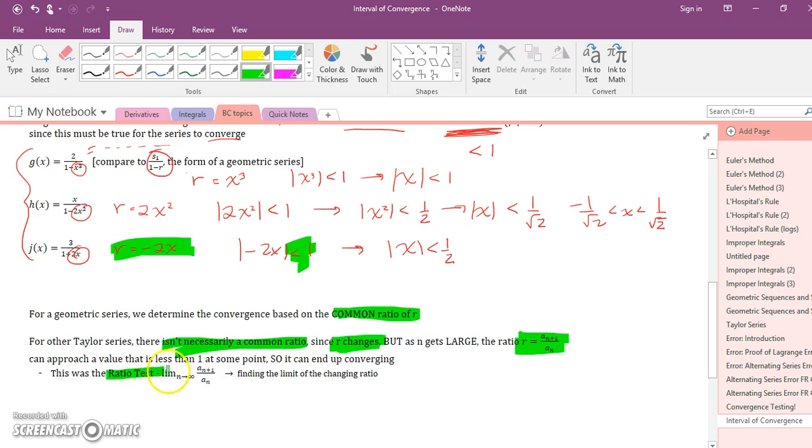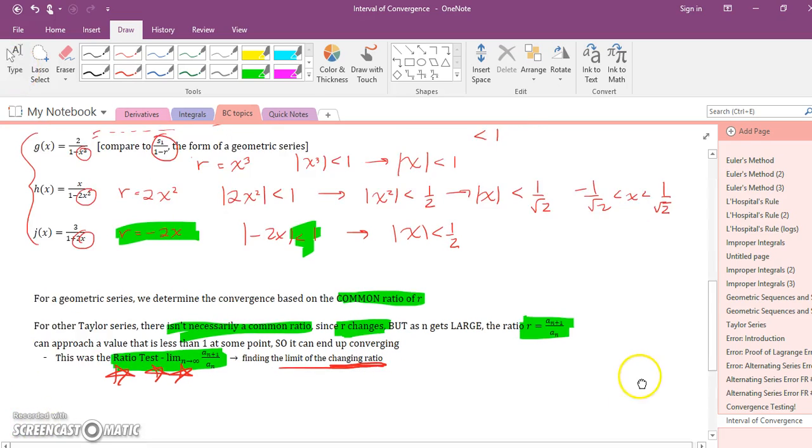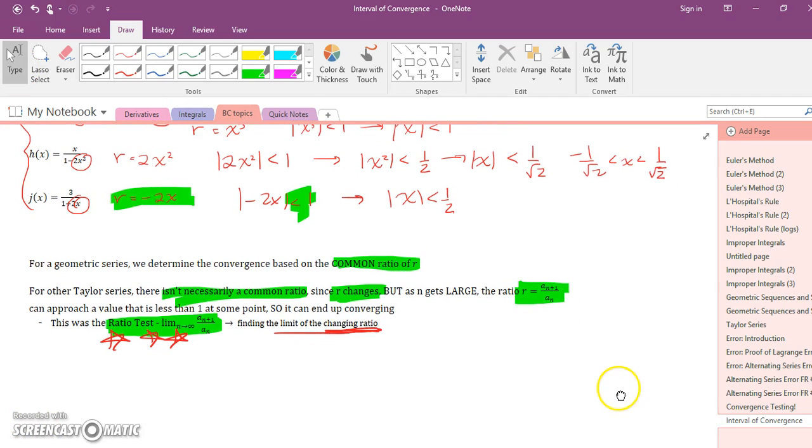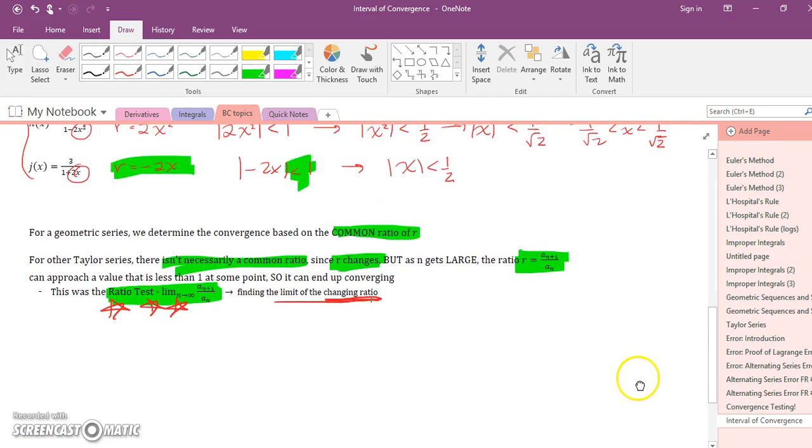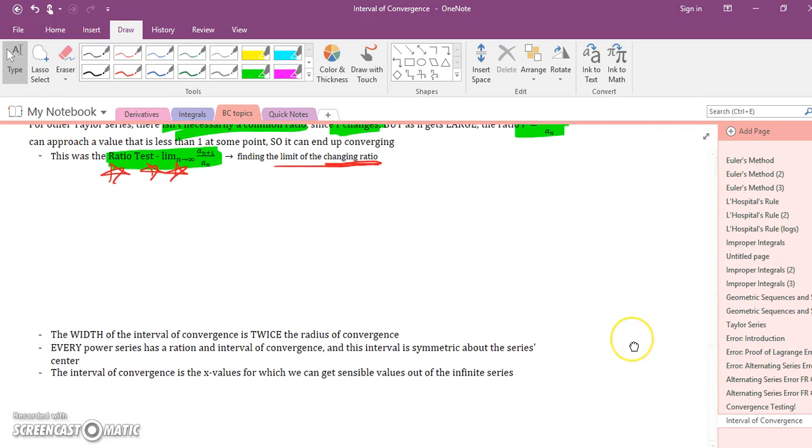So this was the ratio test, and we're actually going to do the ratio test to find the interval of convergence. The ratio test is basically all we use to get the interval of convergence, and then to test the endpoints, we use the other tests. So we will find the limit of our changing ratio, see if the ratio levels off or approaches something less than 1. You use the ratio test to find the interval of convergence because our Taylor series will not have a common ratio. So the last thing I want you to do is to write down or draw this little visual here,